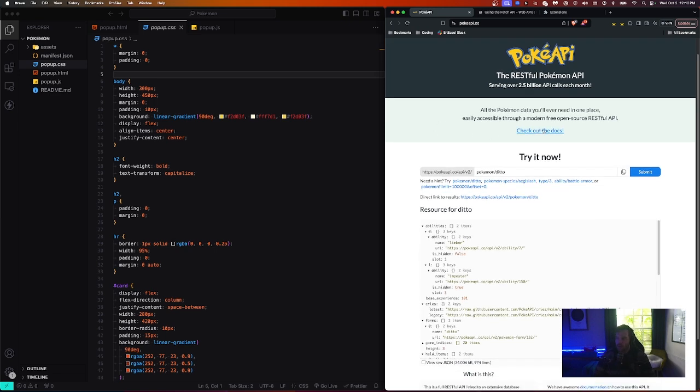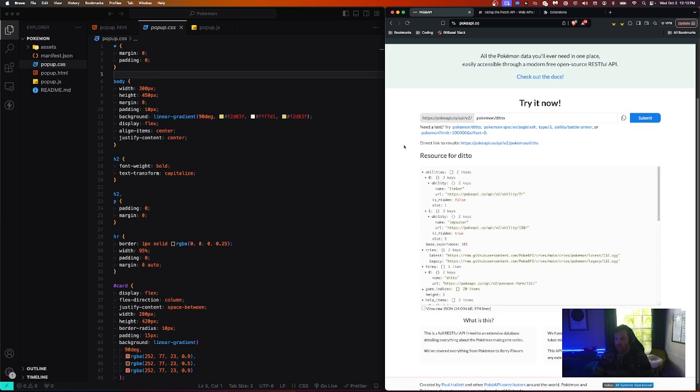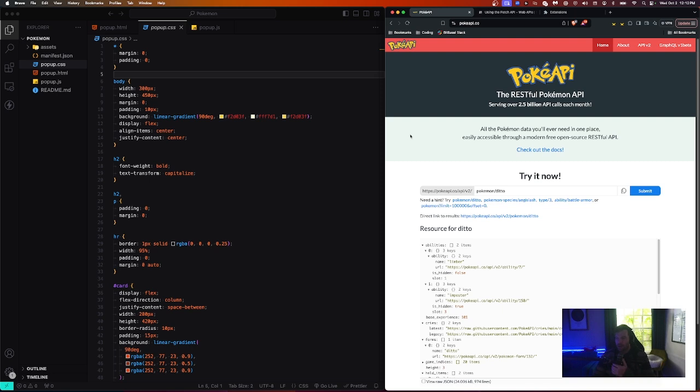homepage here, obviously you can read all of the documentation, but they have a really great representation here of how we can actually make API requests, and we can even try it out here. So on the homepage, I recommend going to their website. It's just pokeapi.co, and you can try this out. This is the URL that we're going to make calls against, and they actually have